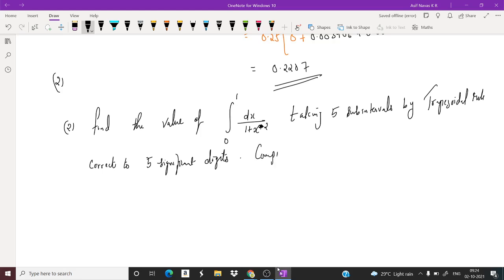Compare it with the exact value. So the question is,